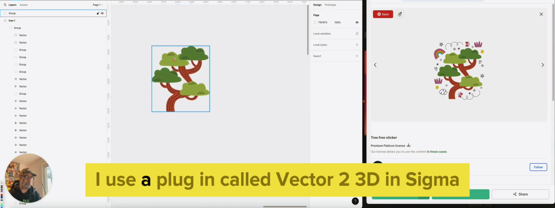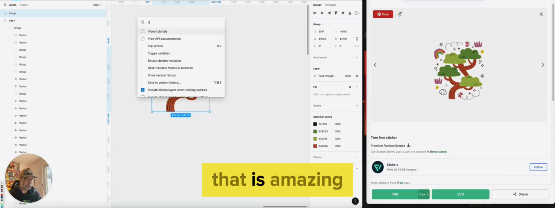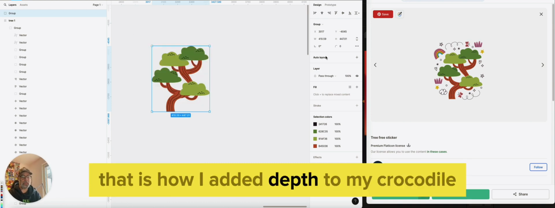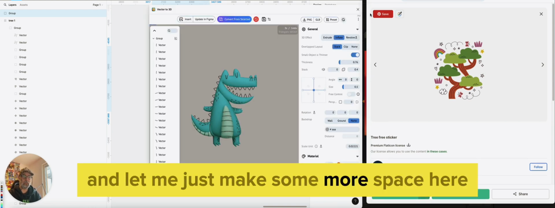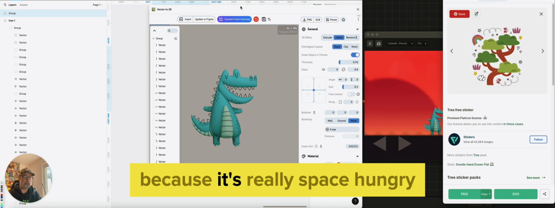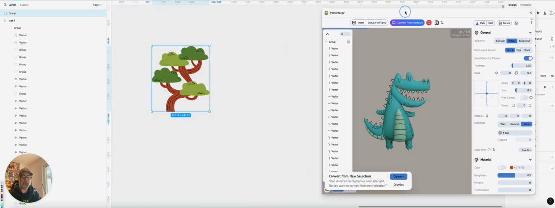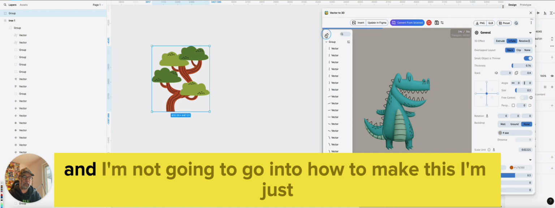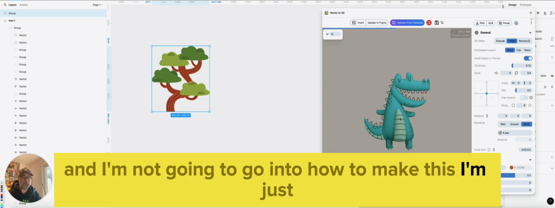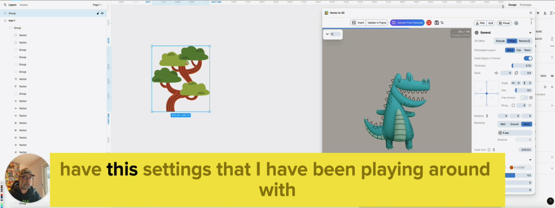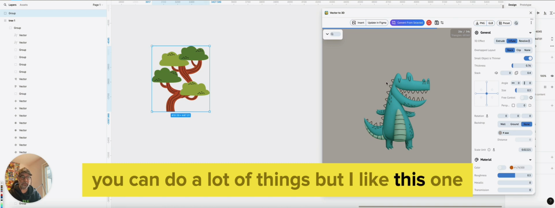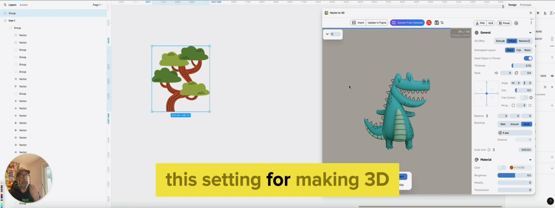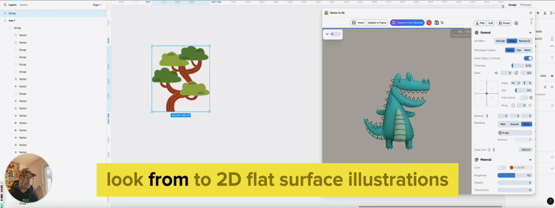I use a plugin called Vector to 3D in Figma that is amazing. That is how I added depth to my crocodile, and I'm going to open it up. And let me just make some more space here because it's really space hungry, this plugin. You really need a big screen. And I'm not going to go into how to make this. I just have these settings that I have been playing around with. You can do a lot of things, but I like this setting for making a 3D look from 2D